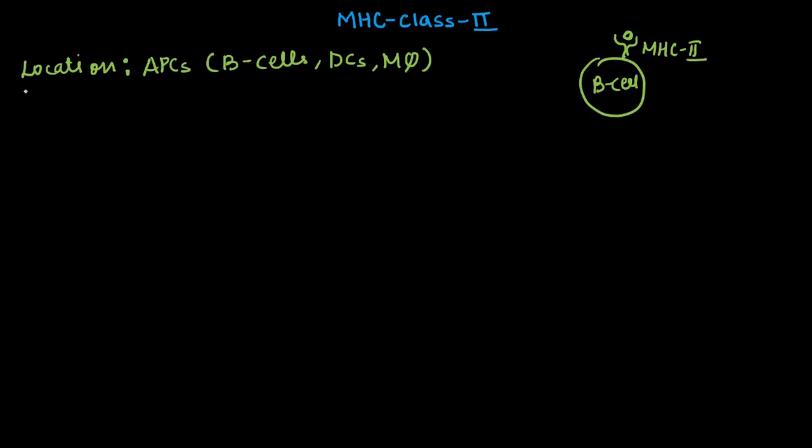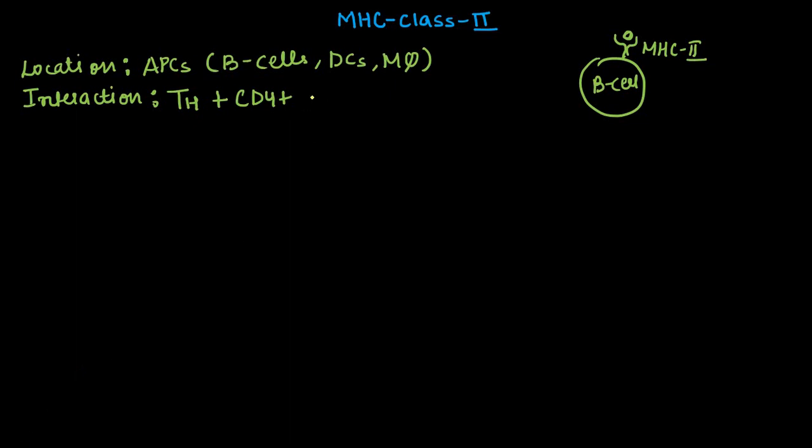If we talk about their interaction, mainly in the sense of T cells, they are mainly going to interact with the TH cell. The TH cell has a co-receptor, the CD4 plus. Here there was a mistake in my previous video, which is why I deleted that video, and here I am rectifying it. The MHC class 2 molecule will interact with the TH cell, and the TH cell has a surface molecule or co-receptor in the form of CD4 plus.